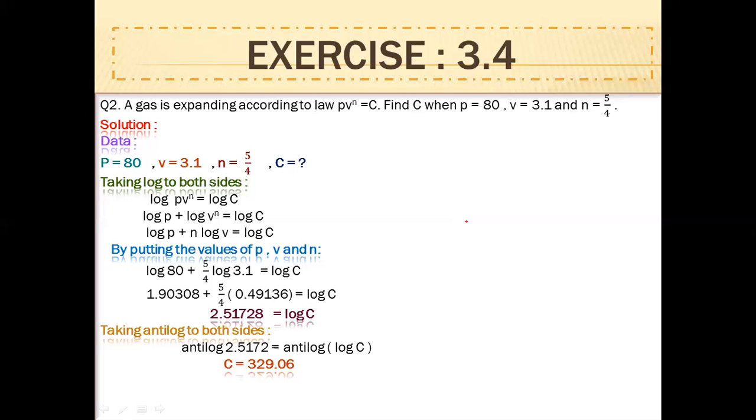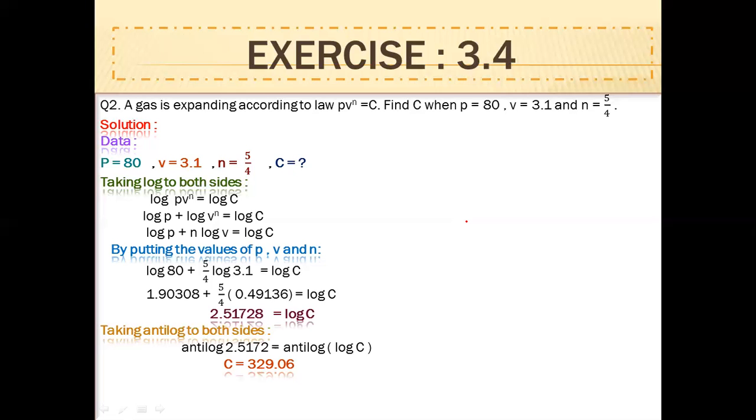You can find the log directly with the calculator. You can take log, then press 80. The characteristic, the whole number will become to you. Again, press the button of log and write 3.1. You will get the direct answer of log 3.1. After simplifying, when you press shift and log, in some calculators there is the button of inverse. You press the button of inverse, then log, then write this number 2.51728. You get the number